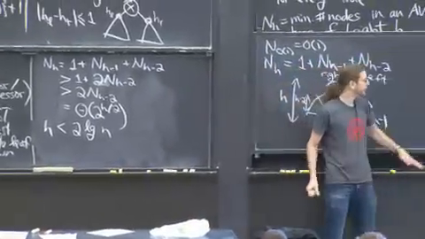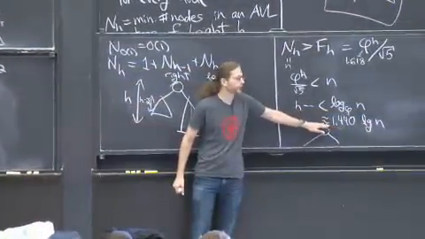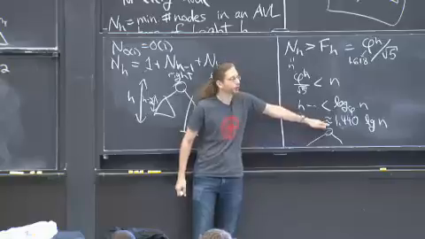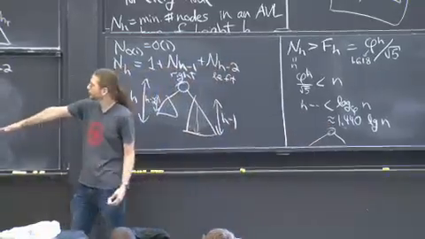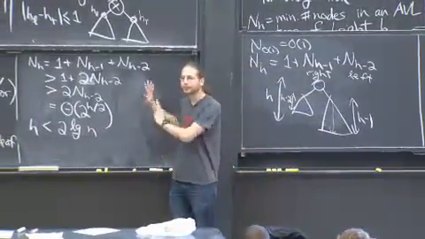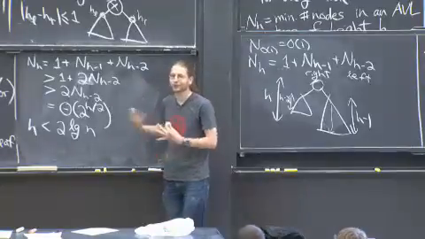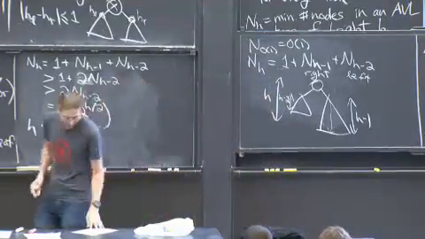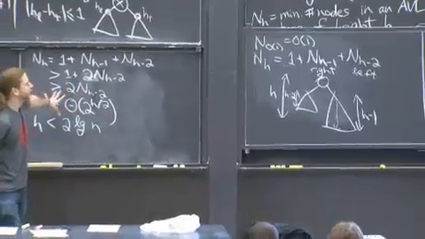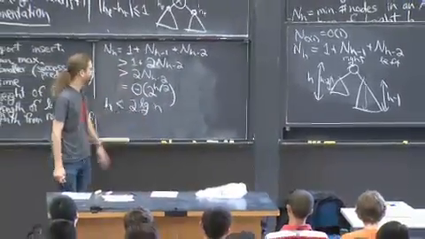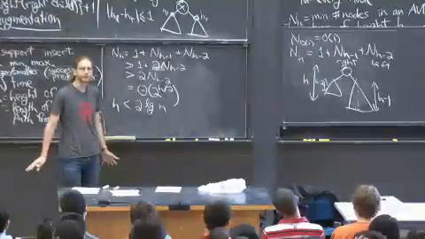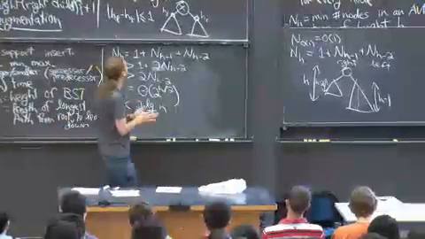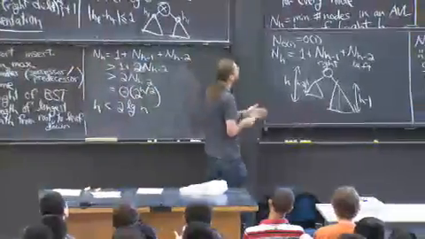And so the real answer is 1.44. This is the correct worst case. But it's really easy to prove that it's at most 2 log n. So keep this in mind in case we ask you to analyze variance of AVL trees, like in problem set 3. This is the easy way to do it, and just get some constant times log n. Clear? All right, so that's AVL trees, why they're balanced.